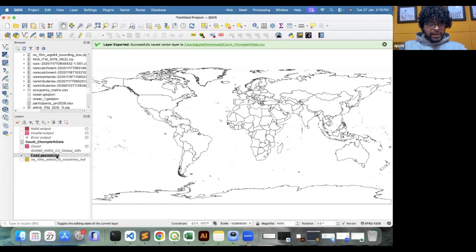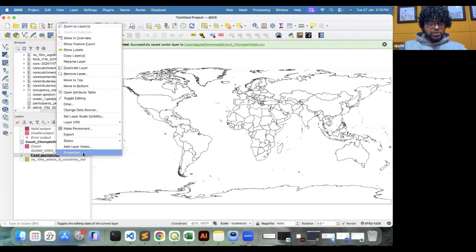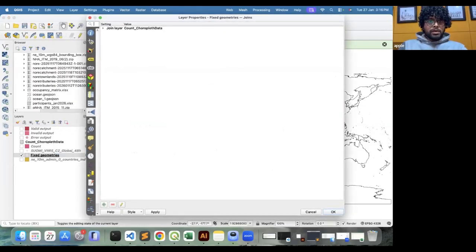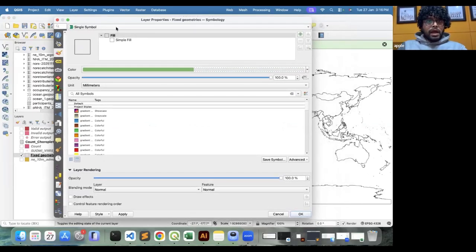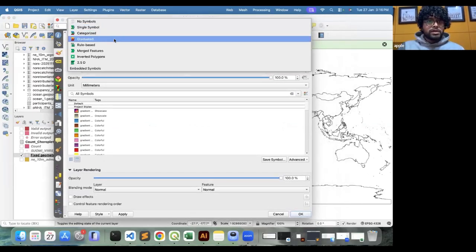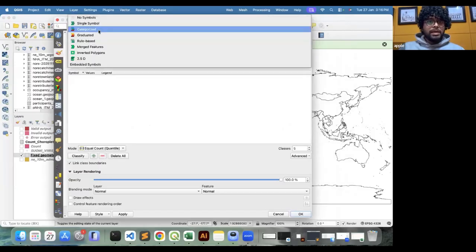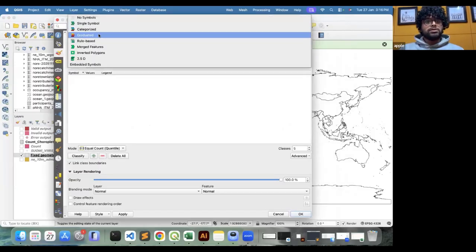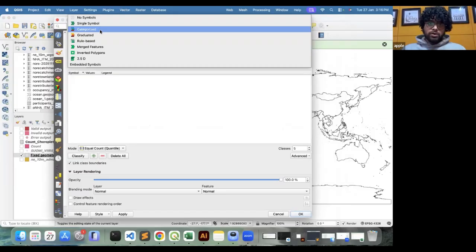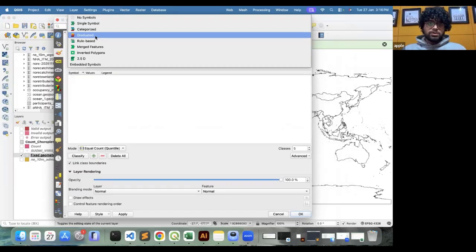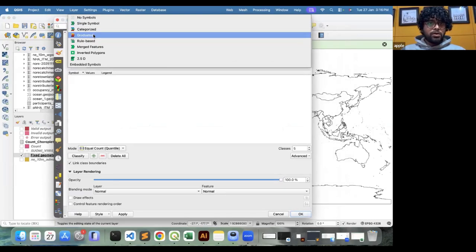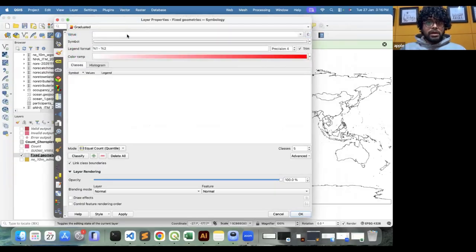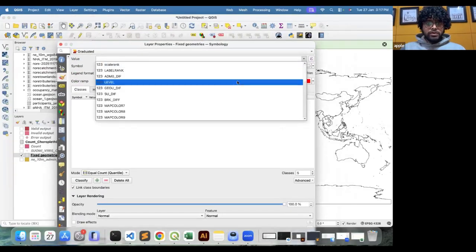Now you right click on that. Again you come to properties, hit symbology, and here I think we will go with graduated, and these are the types of visualizations that you can do. I'm not getting into the details of what they all do, but in your free time please look up what you can do with the different kinds of visualization that they offer. I'll go with graduated, and the value here would be,